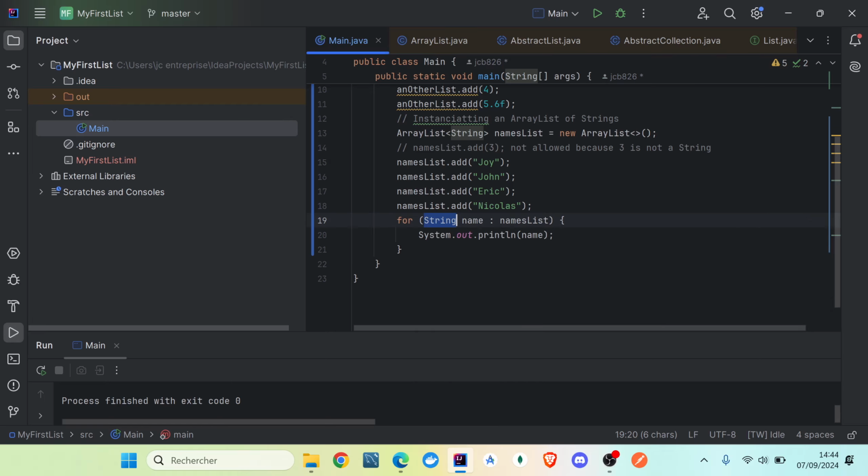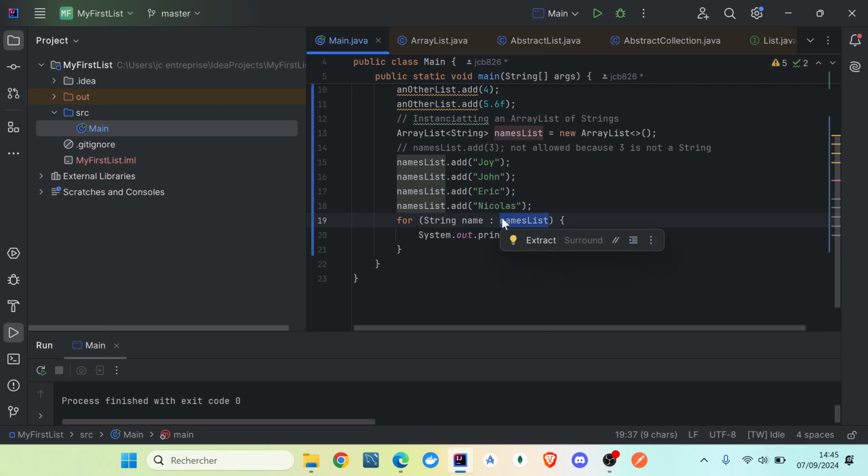So I'm telling each element will be a string. This is the name of a local variable. This is the variable in which the for each loop will store temporarily each element of the array list. In other words,